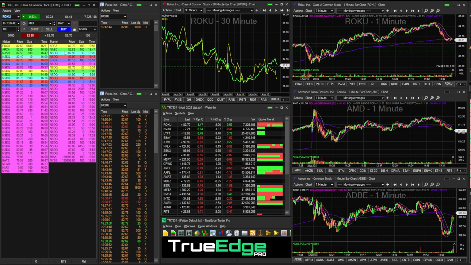Likewise, if you were doing the opposite, if you short sold the stock and then you put a stop loss above, whatever price gets hit first matters. In other words, if your stop loss were at 82.65, and let's say the last price that traded was 82.60, then if the next price that trades is 82.70, 82.65 never traded. You would get filled at 82.70, not 82.65, because your stop loss cannot trigger unless the price that you put in